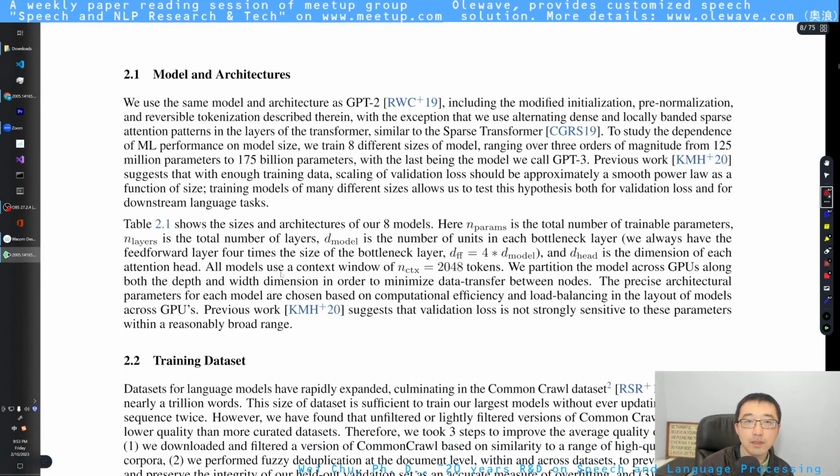Model and architecture. It's similar to GPT-2. I don't think there's much difference between Transformer, GPT-2, and this stuff. But I don't think I'm gonna cover this today. But you can just imagine that it's a very, very deep model with proper self-attention, right?